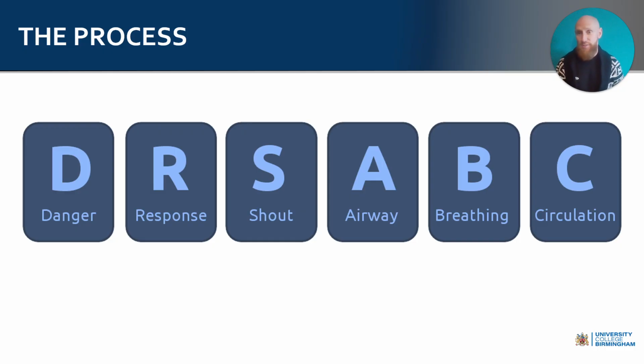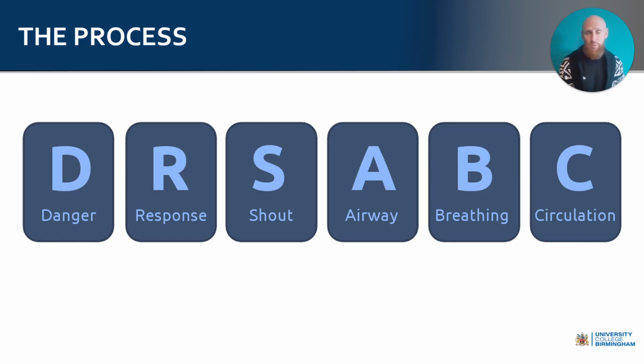Your first contact with the individual is to look for a response. Then if there's no response, you're going to shout for help. You need somebody and some assistance to help you manage this casualty. Then, once you've got help on the way, you're going to relay what information you require. So what help do you need? You're going to need an ambulance, you're going to need them to phone 999 and outline that it's a cardiac arrest. Then we're going to go into the actual assessment of the ABC, so the airway, the breathing, and